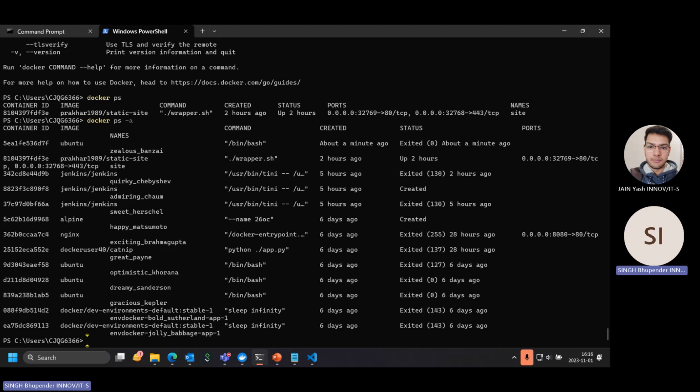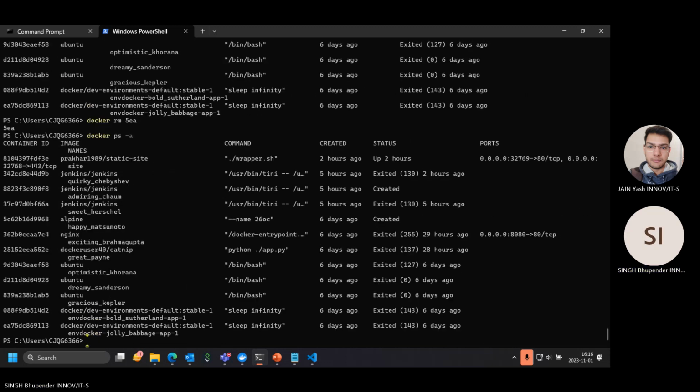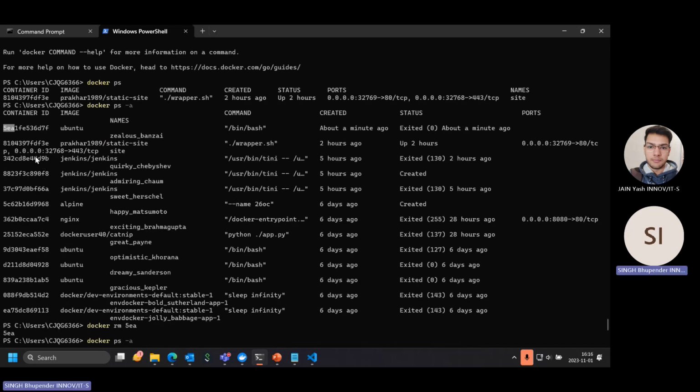And if we want to, for example, remove a container from it, we can use the docker rm command to remove the container. So let's remove the container with this container ID 5EA1. We do not have to write the full container ID. We can just write the first three letters so that it is unique from other containers. We can also write the name of the container for it. And if we run this command, now we will see that the container is removed and the space associated with it is freed. We do not see the container. Earlier it was there. Now it's not.